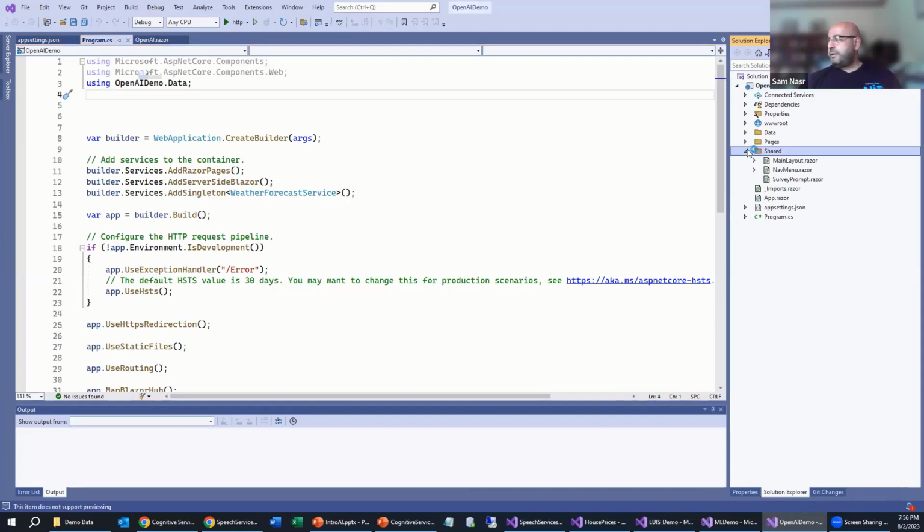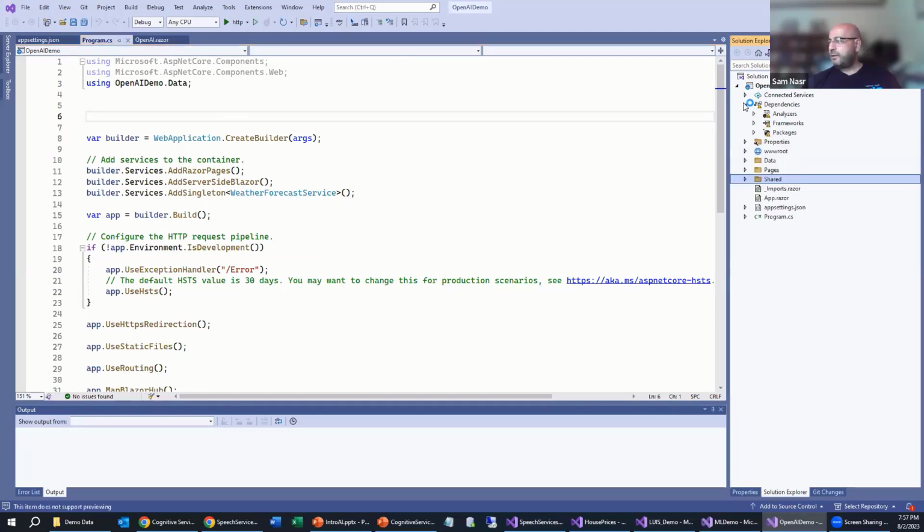So this is essentially a Blazor application. And if you're not familiar with Blazor, it's utilizing C# and some Razor pages. All I had to do was essentially bring in the NuGet package for OpenAI. And there you see the OpenAI NuGet package incorporated.